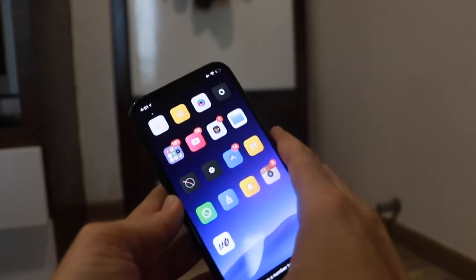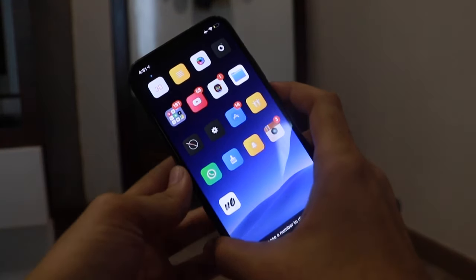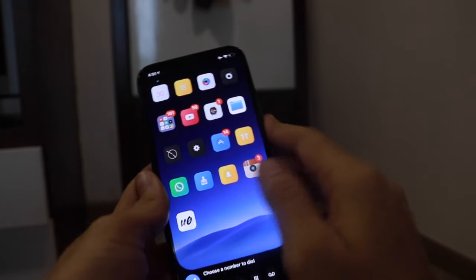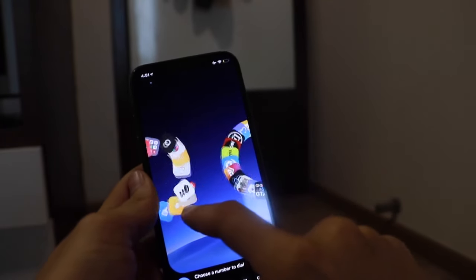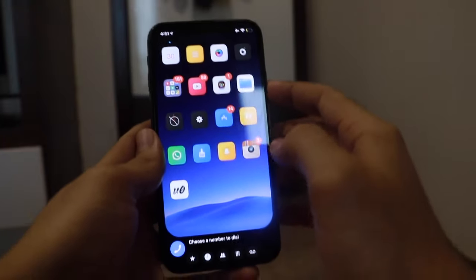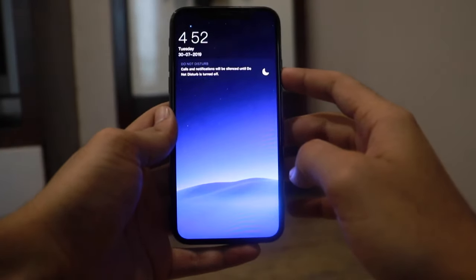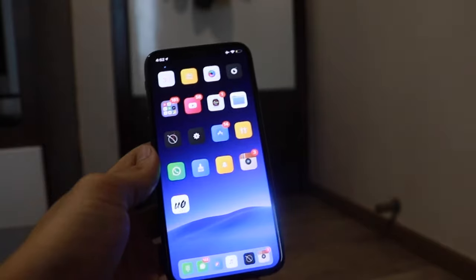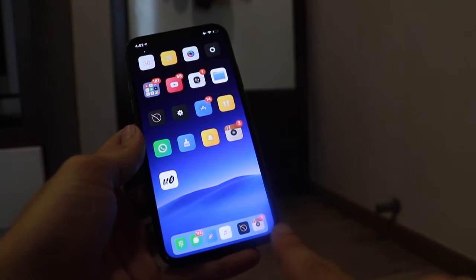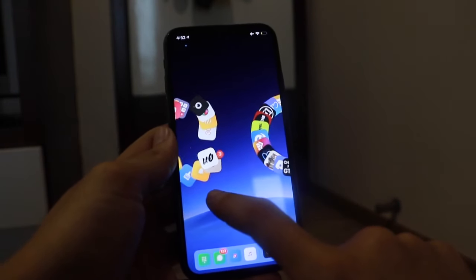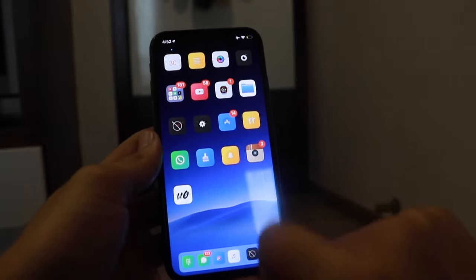Hey guys, so this is going to be a short tutorial on how to jailbreak an iPhone so that you can do all these cool stuff with your iPhone. And see, even my lock screen has something different in it. My dock is like the iPad, you have recent apps here, you got these cool animations, you got a theme,